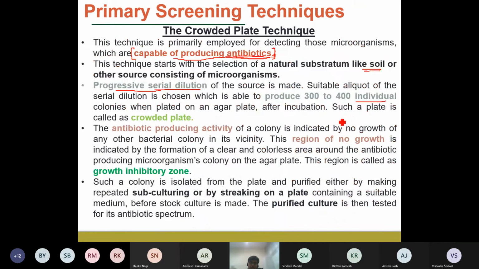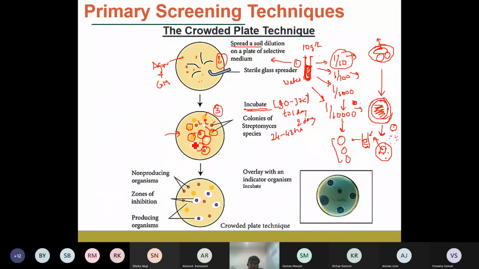Okay, so when you get such a plate, that particular plate is called the crowded plate. When you have a plate in which we have these individual colonies, this particular plate is called the crowded plate. And if these microorganisms are producing, for example, an antibiotic, what we will find is that after growing for more